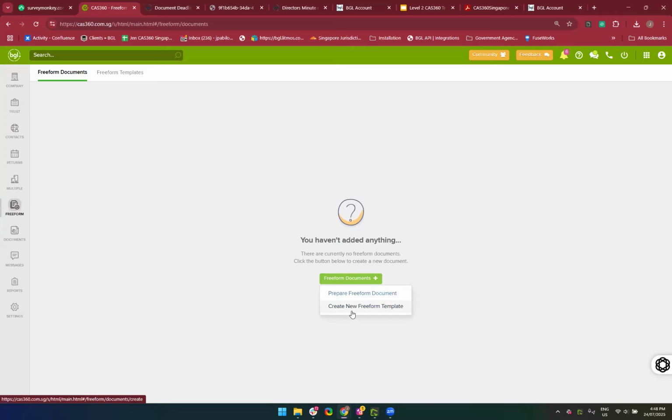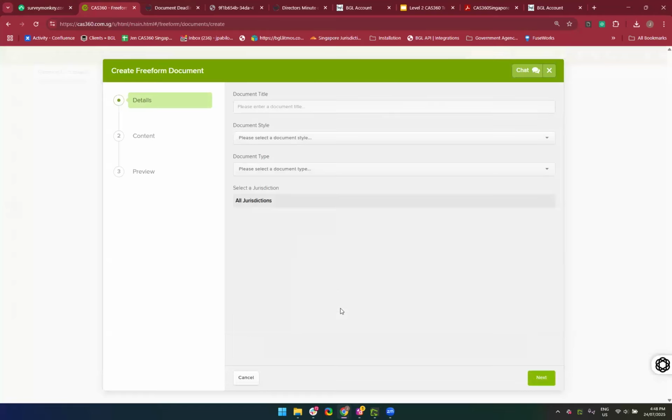If you are still creating a new template, this is your new external document that you haven't saved within the software, so what you want to do is select create new freeform template. In the freeform template, you have a field over here asking what type of document you're creating and what template. So let's say onboarding